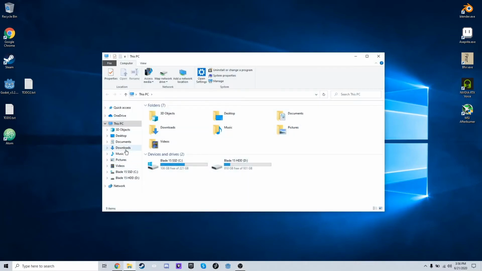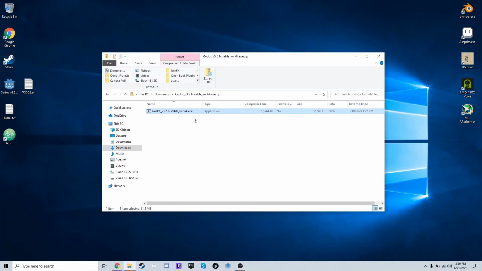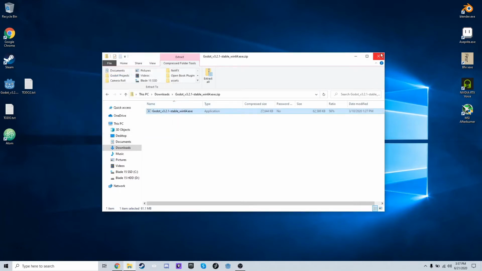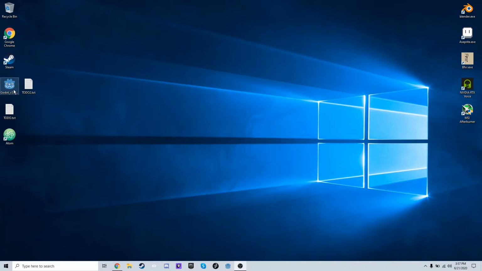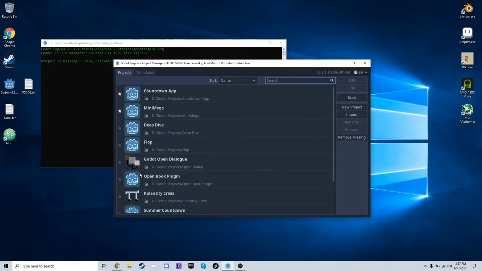So File Explorer, downloads. You have this. You just drag this application out of the zip folder into your desktop. I already have it, so I'm not going to do it. But that's how you would do it. You would open up your program. I have a bunch of projects here already,